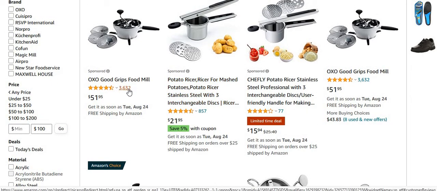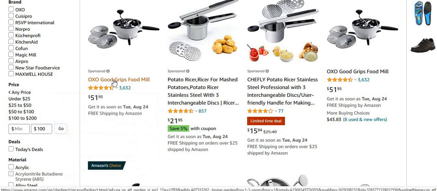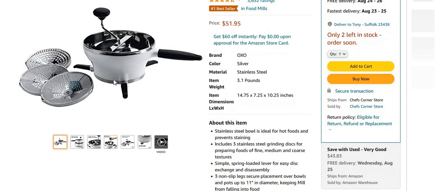So here, we have 3,632 reviews. Now, we have a very beautiful distribution of scores or ratings here. We have the overwhelming, over 70% gave it a 5-star rating. And the next highest is 4 stars. So this logically progresses downward, and that makes a lot of sense. So let's actually click on the item itself. Again, is that enough to sell me on this product? No, not necessarily. So let me look a little deeper